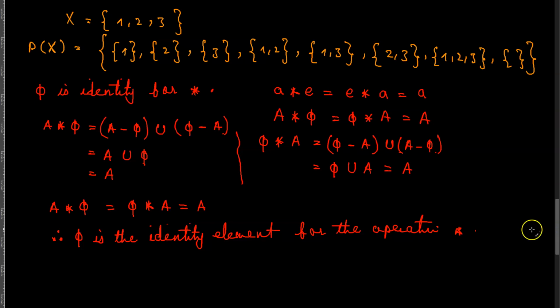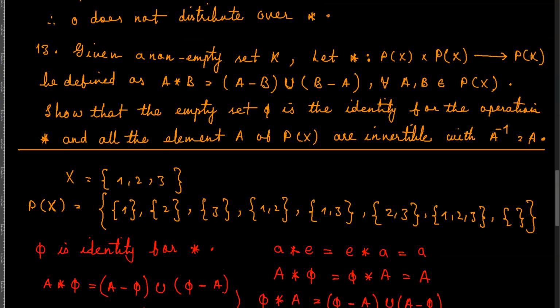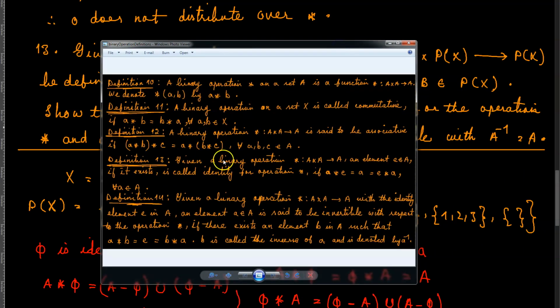This was question number... Okay, so the next part of this question is that we want to show that all the elements A of P of X are invertible with A inverse equal to A. As a definition, we said that given a binary operation star